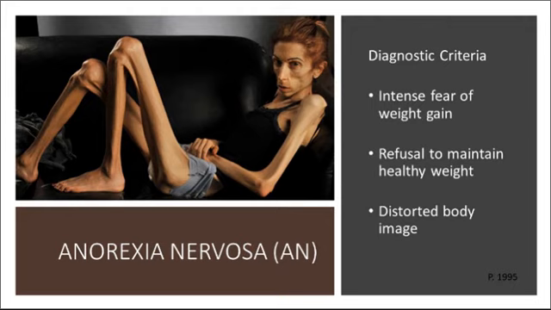A healthy BMI is 18.5 to 24.9, so underweight is considered under 18.5. Anorexia, there's a box 29.1 on page 1993. Mild is a BMI of under 18.5, but at least 17. So just think of normal as 18, mild as 17, moderate as 16, severe as 15, and extreme less than 15. It's the easiest way to do this.